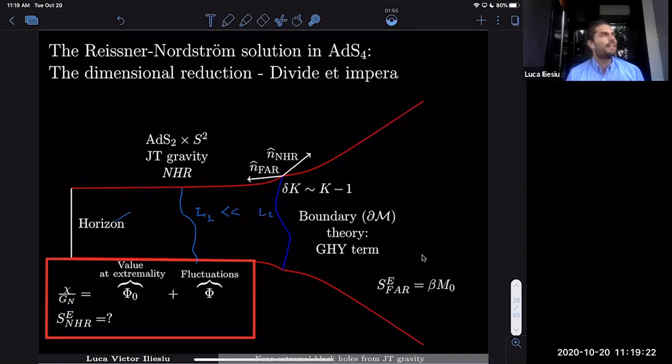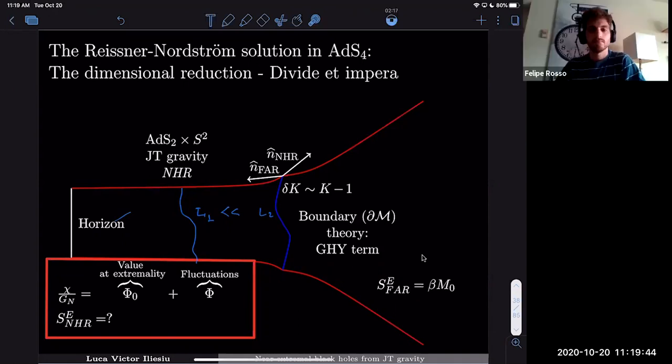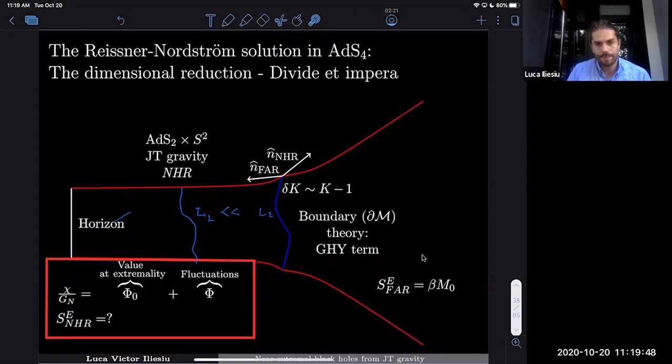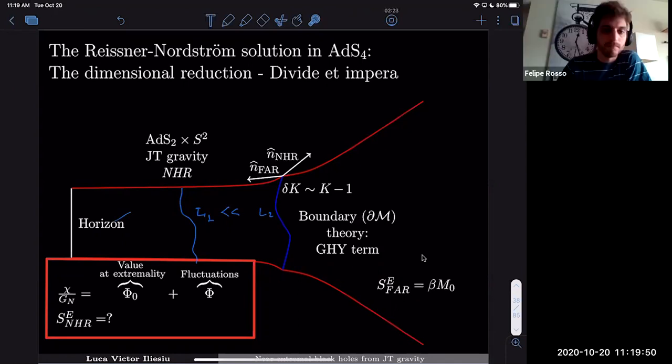No, so I think the next temperature scale that one would want to access is not T of order ESL2, but rather T of order ESL2 over S0, or T of order ESL2 times e to the minus S0. And in that regime, there are all sorts of corrections that become more important. There's the matter, there's the higher topologies, and so on and so forth. I see. Good. Thank you.